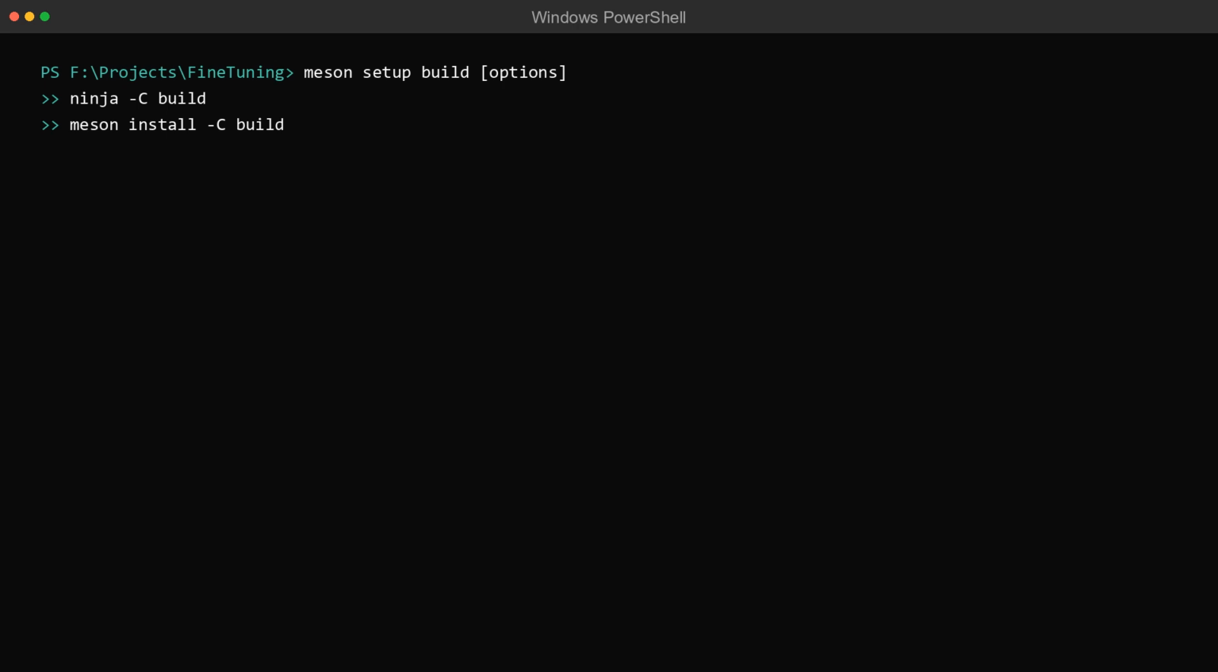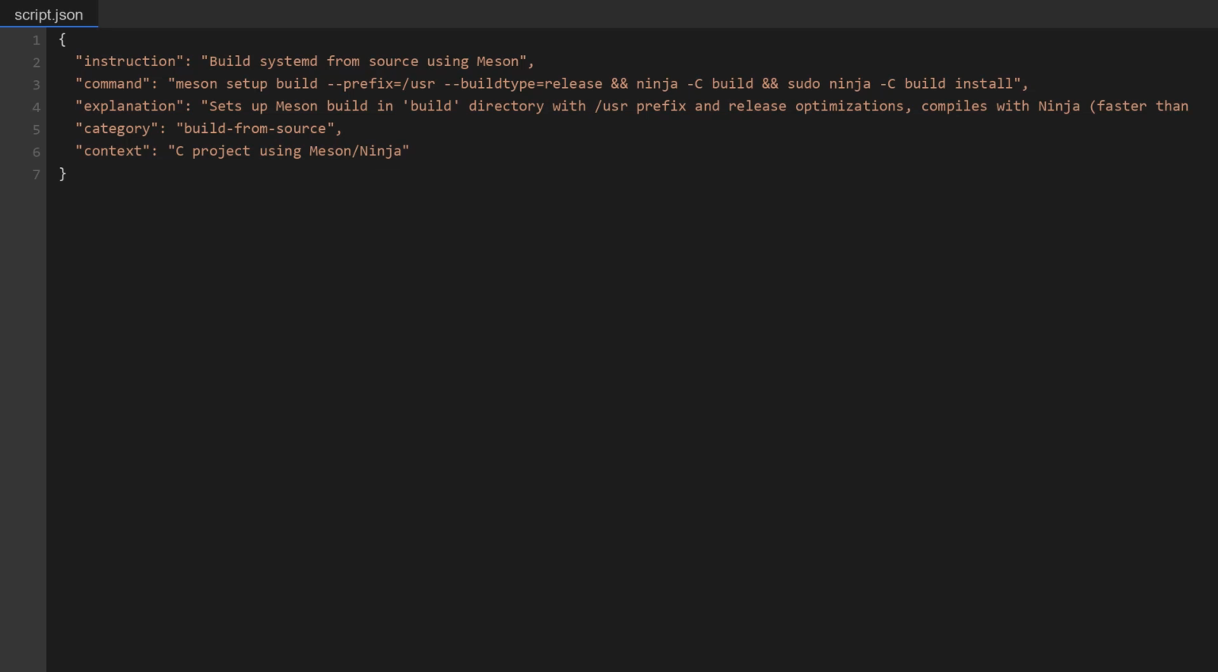That constraint is actually a feature. It keeps your source tree clean by design. The systemd project is the canonical example of a Meson build in the wild. The command `meson setup build --prefix=/usr --buildtype=release`